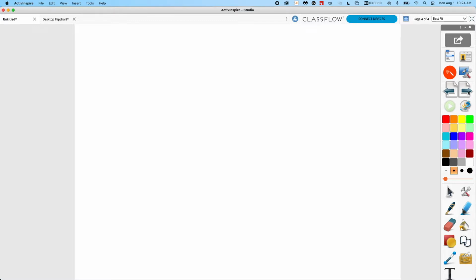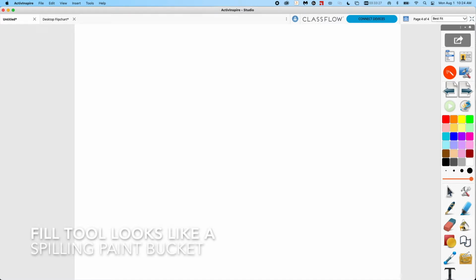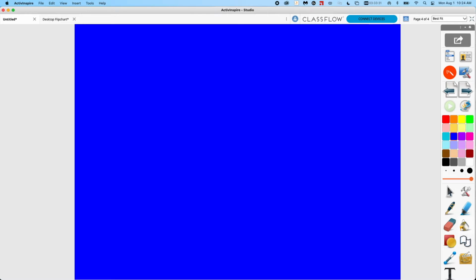Years ago, I taught 5th grade. When I taught 5th grade, one of the things I noticed to help keep students engaged: the pen tool here, the fill tool, will change the background of a page. And then the pen, so as long as you're choosing a contrasting color to fill and write with,